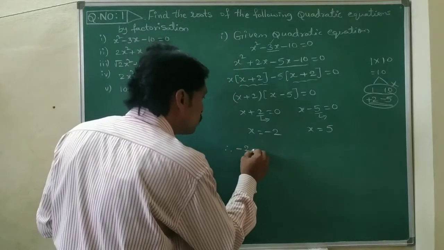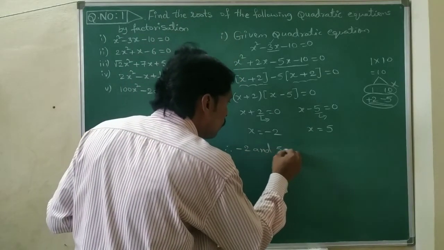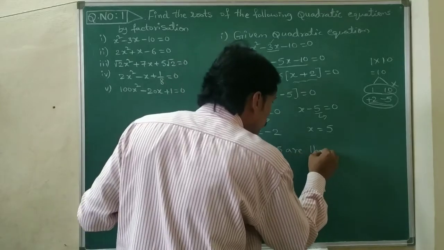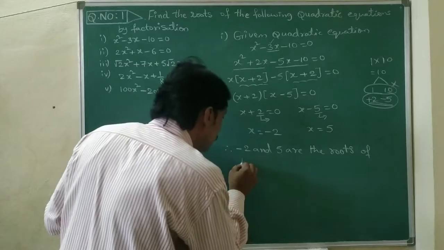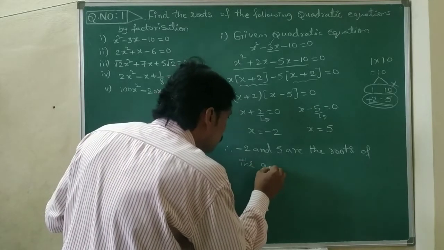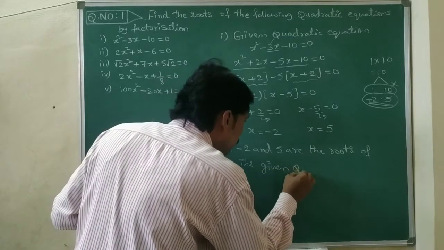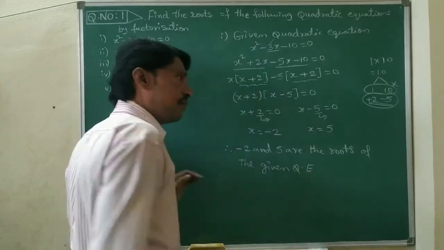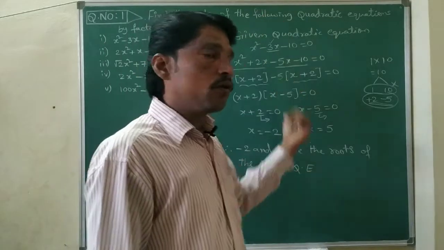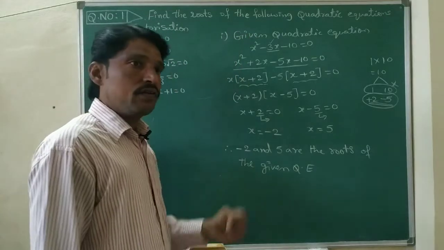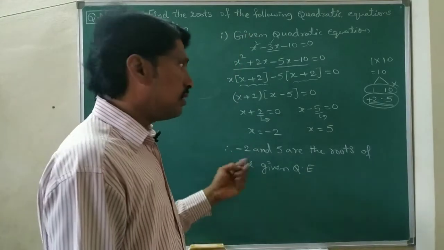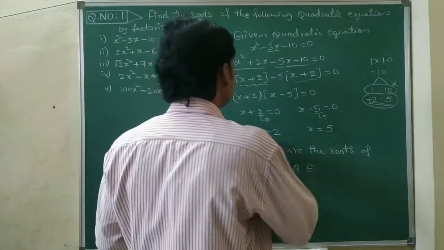Therefore minus 2 and 5 are the roots of the given quadratic equation. This is the procedure to find the roots of the given quadratic equation by factorization method. Now second one,